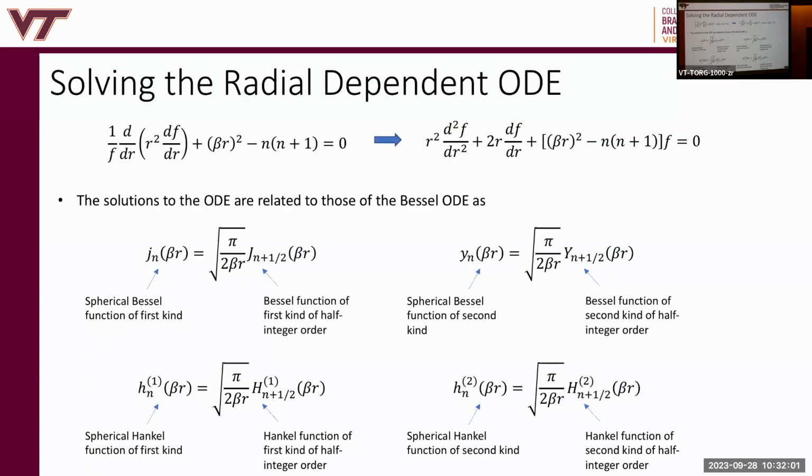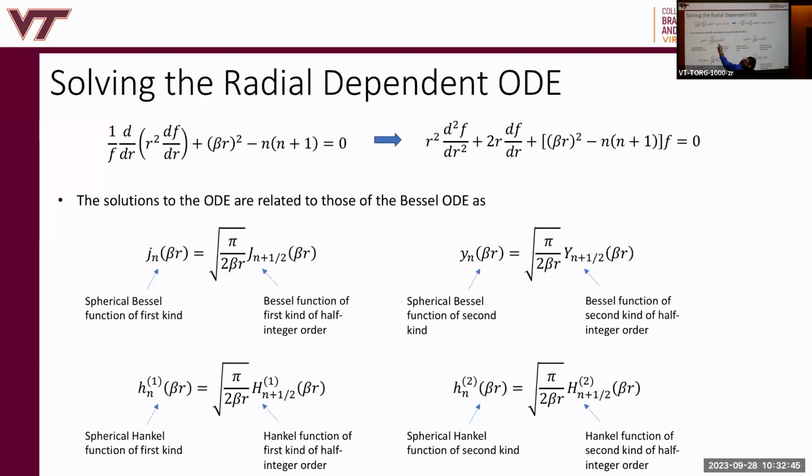Now we need to solve the radial differential equation, right? We solved the polar one. Here's the radial one. This was related to the Bessel differential equation. Now I've repeated it here. So if you open up this derivative using the product rule, and you multiply through by f, then you get the differential equation at the top of the slide. And the solutions to the ODE of this one are related to those of the Bessel ODE that we saw for cylindrical coordinates already, which we call Jn, right? Remember when we did that lecture, I told you that we're going to solve integer order Bessel functions for cylindrical coordinates. And when we got to spherical coordinates, we do half integer orders, right? I don't know if you remember, I said that last lecture.